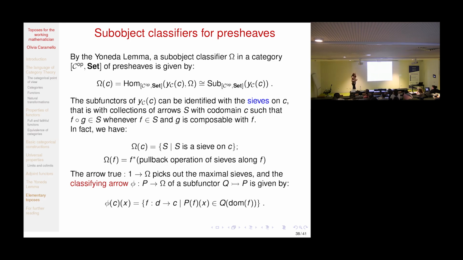And what you can show is that it works. So it gives a pullback square in the category of presheaves. So let me write it down explicitly. So you have your Q, here P,